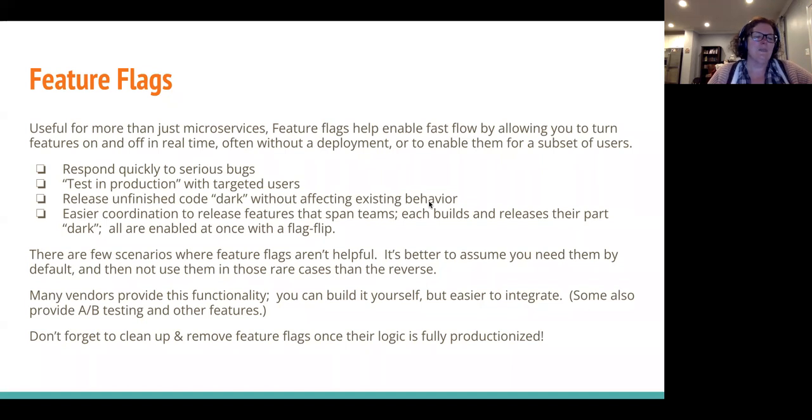So yes, my recommendation is when you ticket a feature and say, hey, this is the story we're going to do, create the story to get rid of the feature flag once it's fully validated in production. And then your code will stay relatively clean. There are a lot of vendors that provide feature flags and related functionality like A/B testing, stuff like that. You could build it yourself, but it's probably not the best use of your time unless your job is providing feature flag technology.